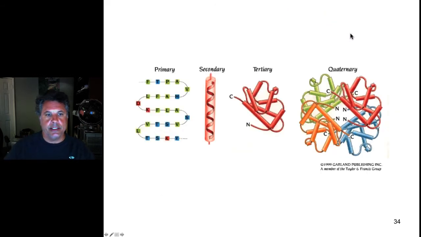All right, so here's a diagram of some of this. Here's the primary structure. Here is an alpha helix secondary structure. Here is the tertiary structure of a single polypeptide chain, a single protein, and it has an amino end and a carboxy end because at the beginning of the protein you have a free amino group for the first amino acid, and at the end of the protein you have a free carboxyl group because there are no more amino acids in the chain. So there is a polarity to a polypeptide chain. And then quaternary structure is when you have more than one polypeptide chain coming together, and these then form the subunits of the entire protein.